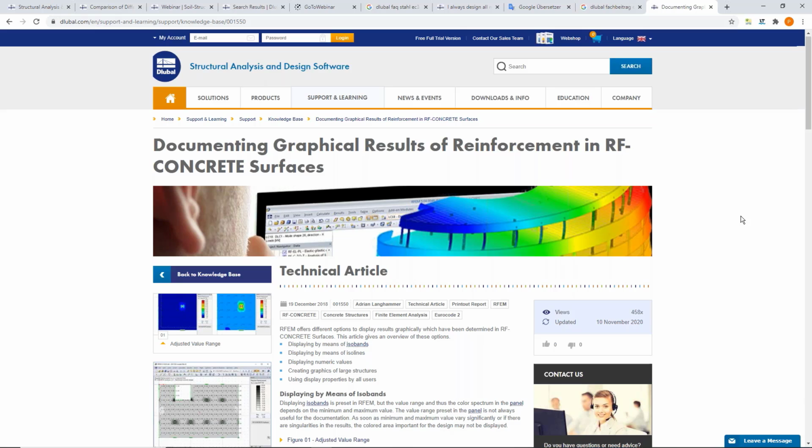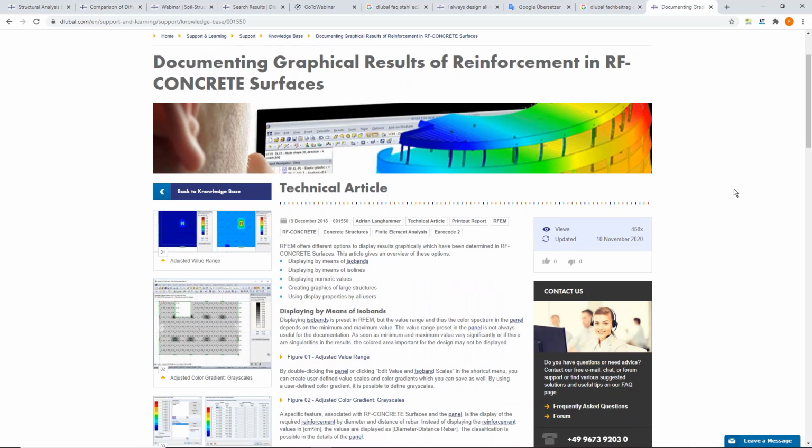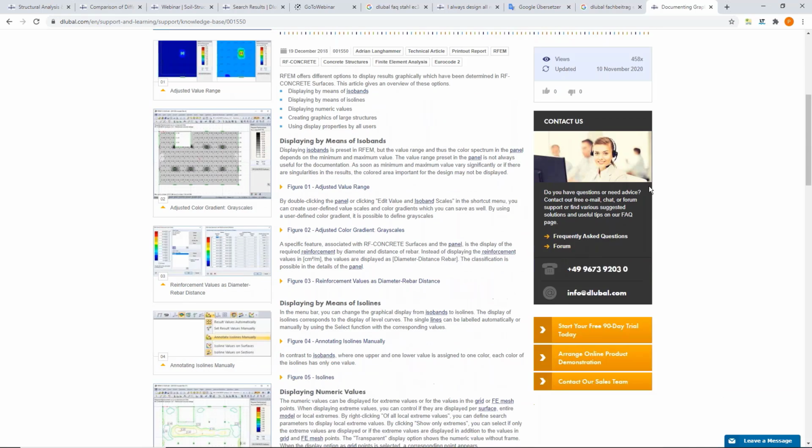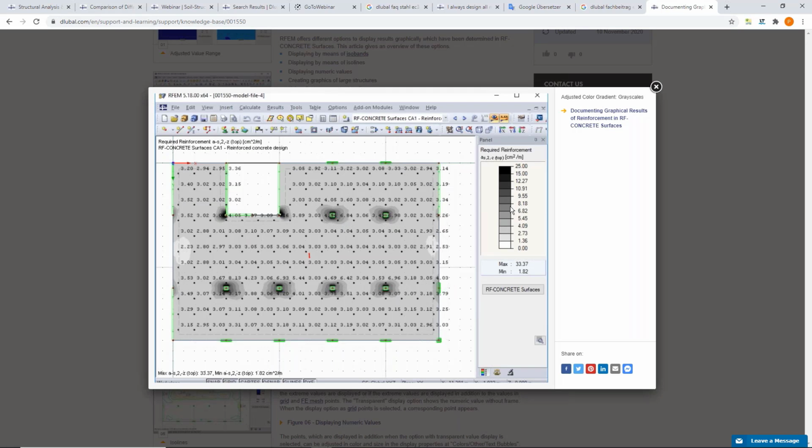As I mentioned before, the tips in this article can be also used if you are using steel surfaces or laminate module. And in this article, several further tips and tricks are mentioned, for example you can also create graphics with